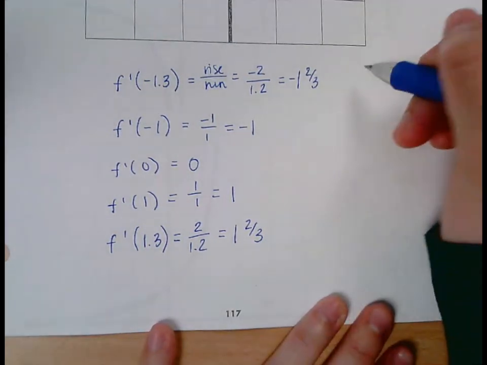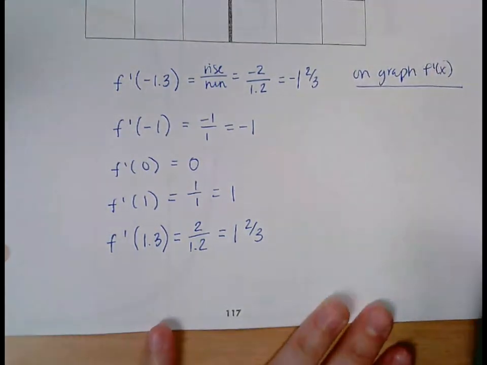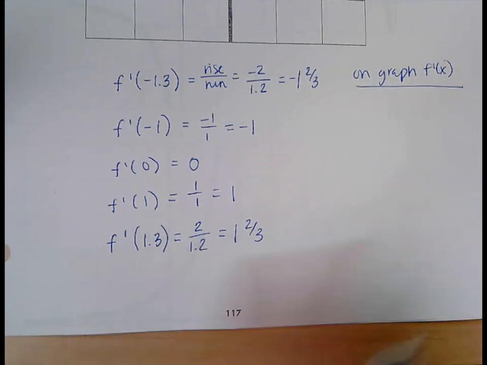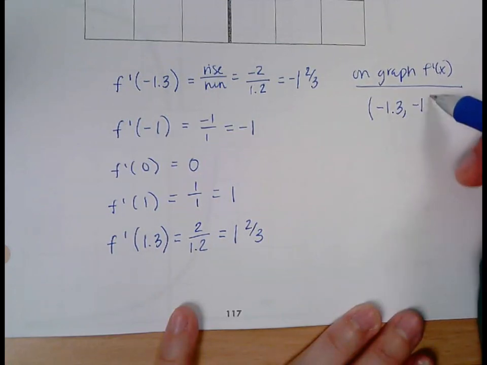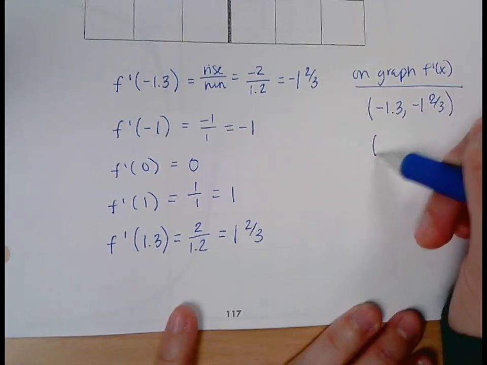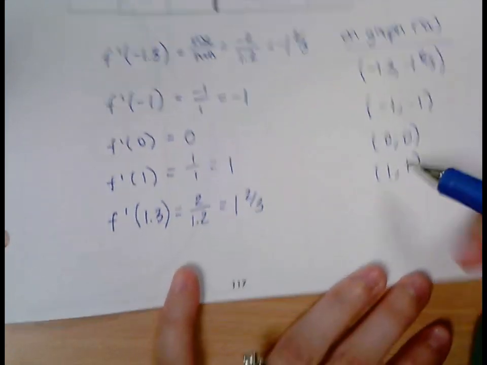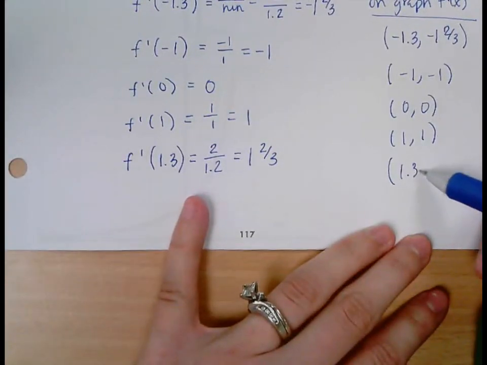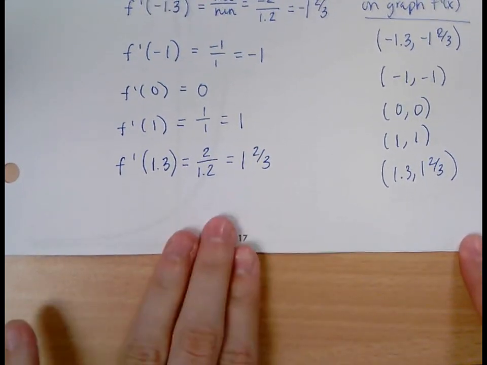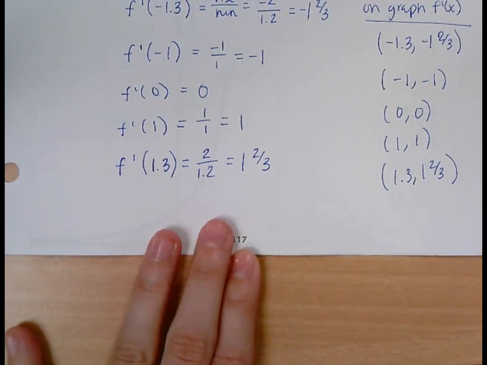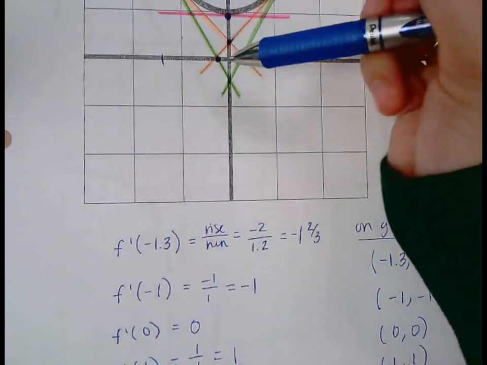Okay, so here's the idea. To graph f prime of x, these are all points on the graph of f prime. So these would give me 5 points. 1 point is negative 1.3, negative 1 2/3, approximately. 1 point is negative 1, negative 1. 0, 0, 1, 1, and then 1.3 and 1 2/3. Again, approximately. So you can plot those 5 points and then draw a line or a smooth curve through them to graph the derivative. So if I were to do that,